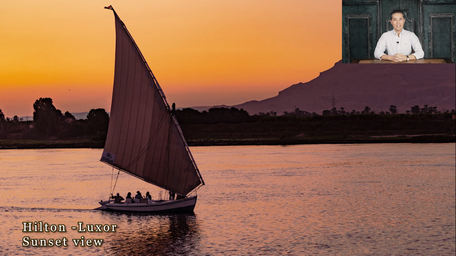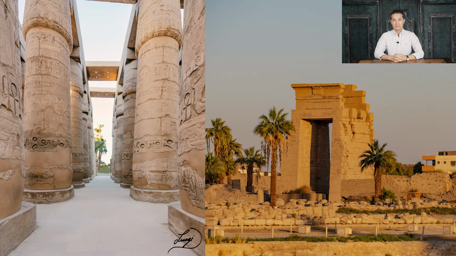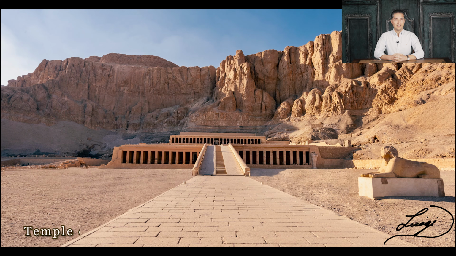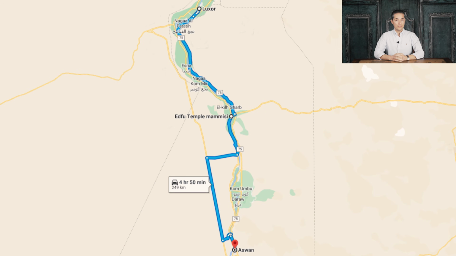The sunset at the Nile River, the Temple of Luxor, the Temple of Karnak, very popular, very well known for their fantastic columns. The Valley of the Kings, where all the pharaohs were buried. And last but not least, the Temple of Hatshepsut. Now this is in Luxor, so we continue on our trip down to the city of Aswan, and about 2.5